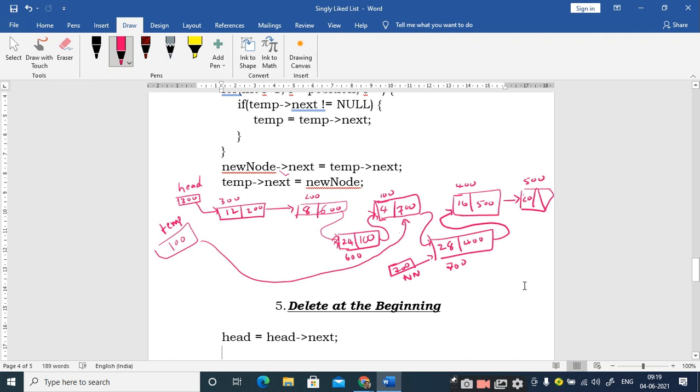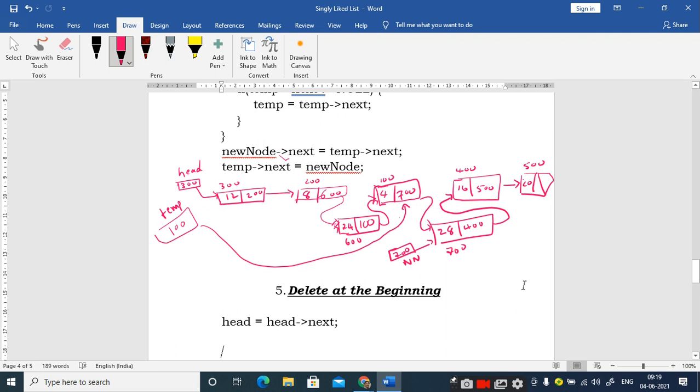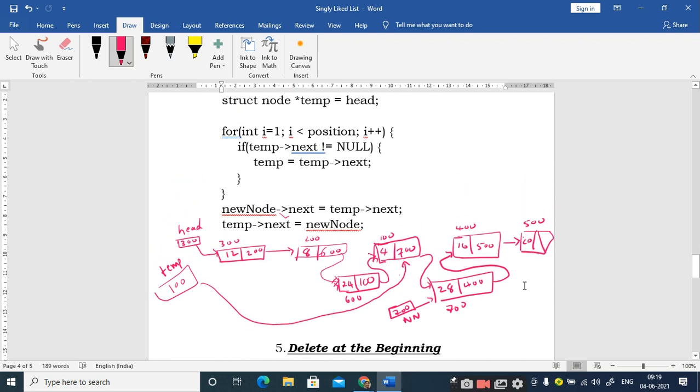So can you see the screen? Yes, sir. So this is the linked list that we created in the last class, right? So how many nodes are there? Totally we have 7 nodes. The first node is at 300, and then we have nodes at 200, 600, 100, 700, 400 and 500. So the node which is created at 500 is the last node. Why? Because the address part has the null value, right?